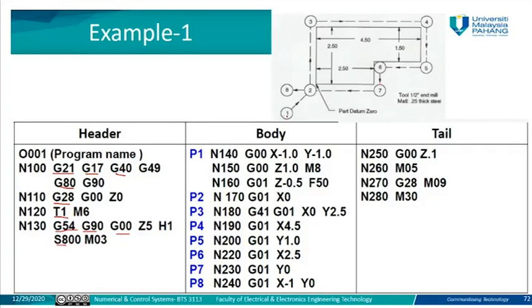Then the spindle will move to point one. So what is the coordinate for point one here? Point one coordinate is X -1 and Y -1. Why -1 here? Because as we said here, for example, for the -1 point,